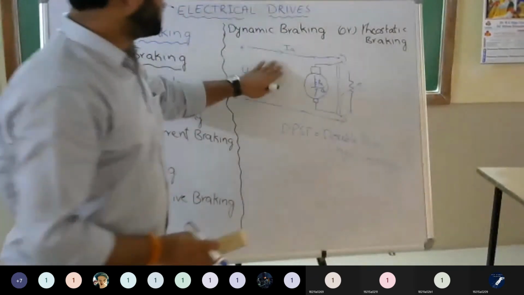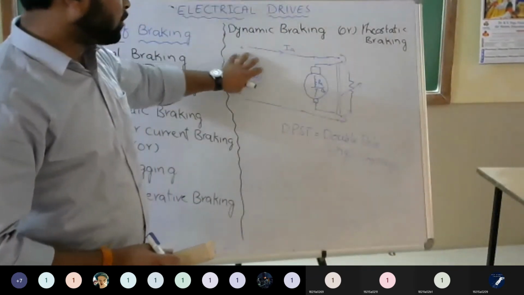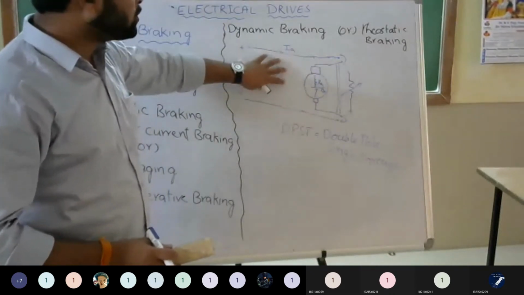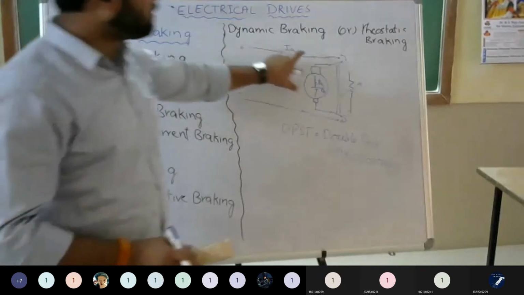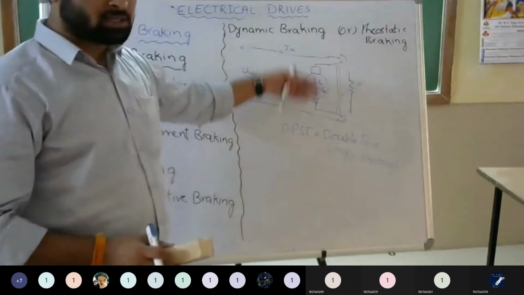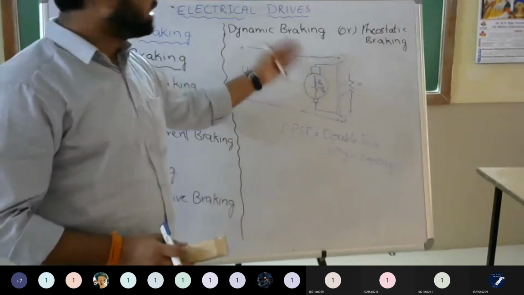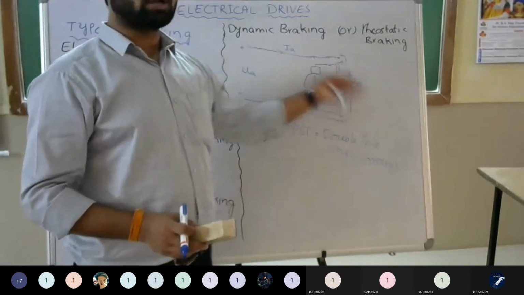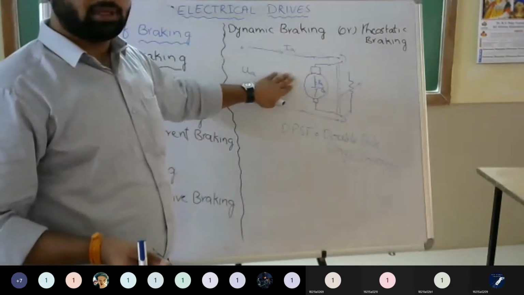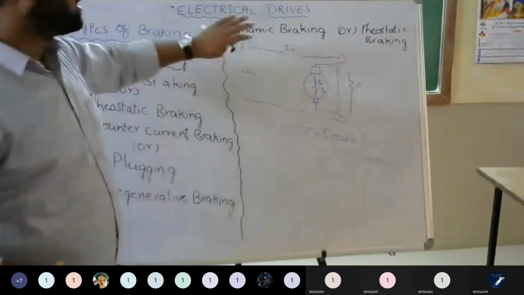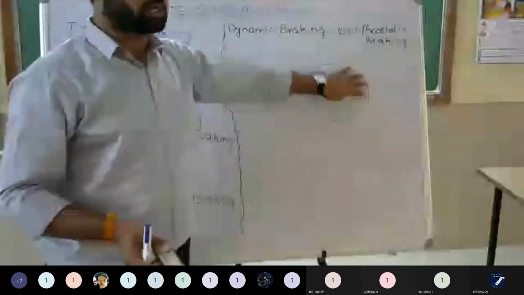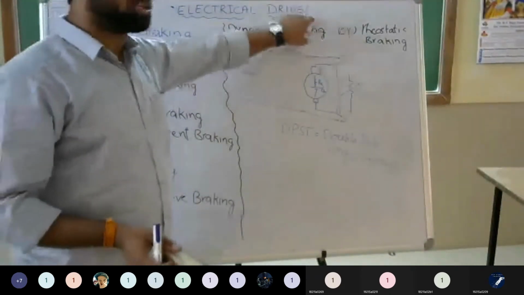The indirect meaning is, when it is connected to the input voltage, it is running as a motor. For applying the braking, we will remove the input voltage and connect the armature terminals to the rheostat. Whatever energy is stored in the moving parts of the motor will shift to the rheostat and the motor will stop. This type of braking we are using. Clear? So what are we doing in dynamic braking? Dynamic means a sudden change. Rheostat means we are using the rheostat. So from the operation itself you can remember the name.